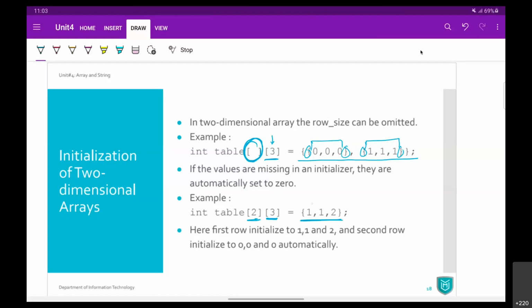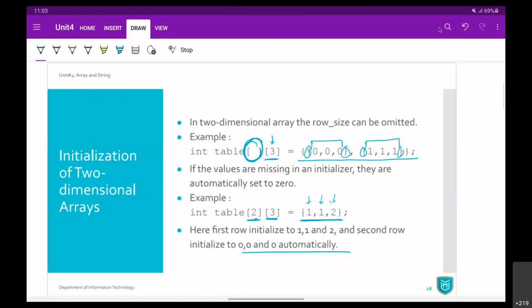So first row first element will be 1, first row second element will be 1, first row third element will be 2, और बाकी जितने भी एलिमेंट्स हैं वो ऑटोमेटिकली 0 हो जाएंगे. अगर आप इनिशियलाइज नहीं करते हो पूरा एरे, तो रिमेनिंग एलिमेंट्स will be 0.